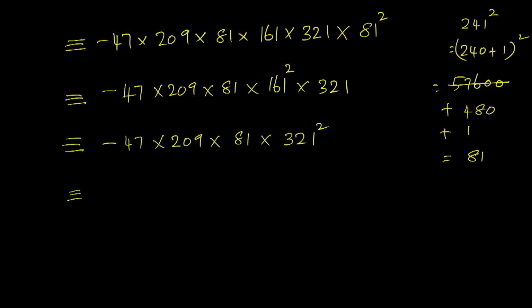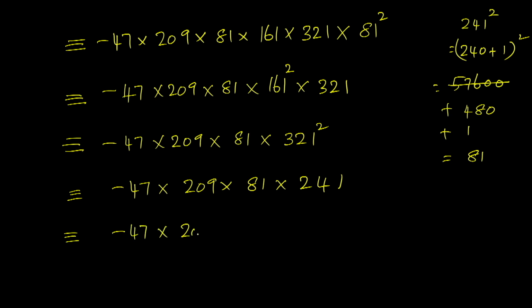And we know that 321 squared is congruent to 241. And computing 241 into 81, 240 into 80 is 0 mod 400, so we need not count that. So this is